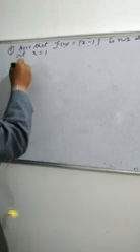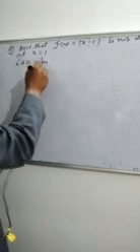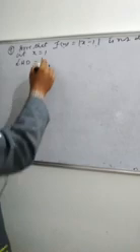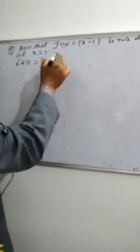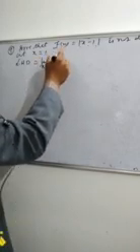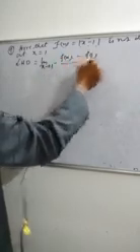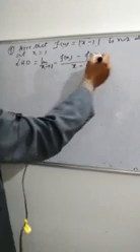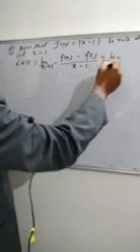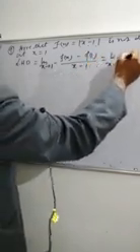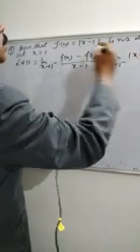In case of LHD, what will it be? The limit as x tends to 1 negative of (f(x) minus f(1)) by (x minus 1). The f(x) value we can put here as x, that is equal to modulus of (x minus 1) minus f(1), the value of 1 minus 1, what will be?